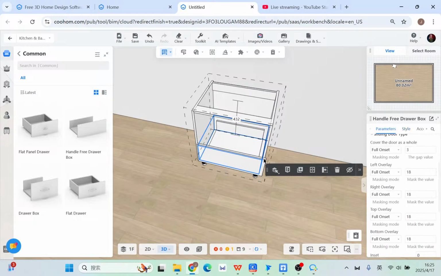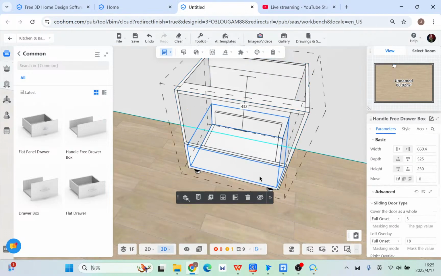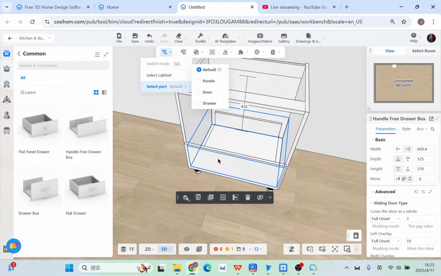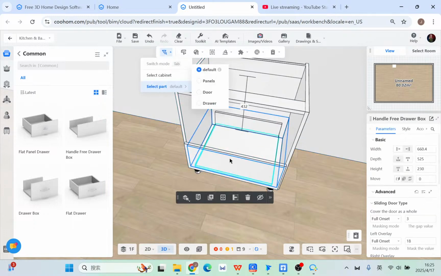If you happen to see this, you can try to control with some certain data to change. And also, if you want, you can select part, or you can directly, for example, drawer,